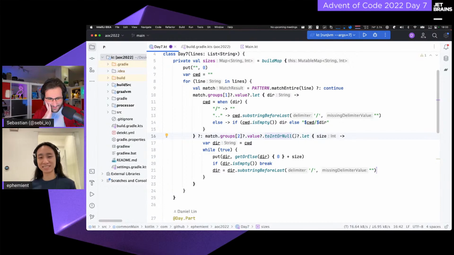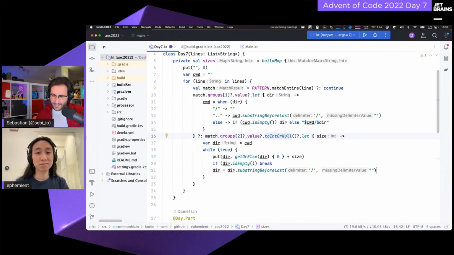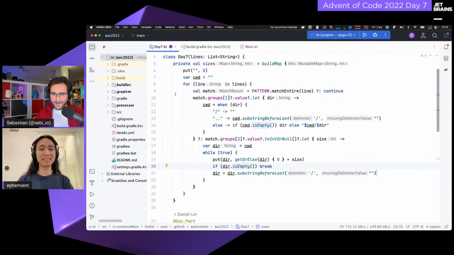Oh, that's really fun. That's really cool. So if there's a really deeply nested file, then all the directories that contain it get incremented all the way up, including the root, I guess, right? Yep. Okay, so if you hit the root, then you update this one, and once you are at the root, you get this. I see now why it might be a nice way to have this one represented as empty, because then you can just break out using an isEmpty. That's nice.